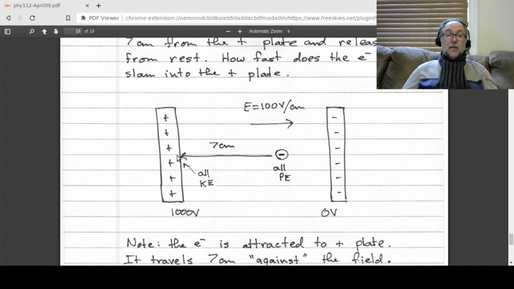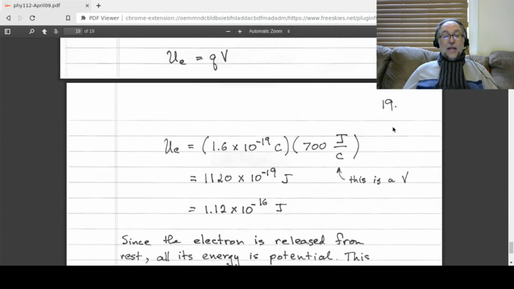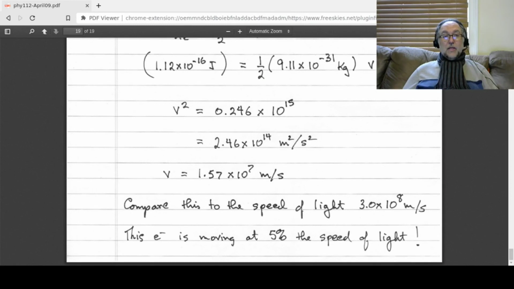And by the time they're slamming into that positive plate, even though they've only traveled 7 centimeters, because electrons are that light, they will have acquired a speed of 5% of the speed of light. So yeah, that is pretty fast. It is doable in the lab. In fact, not only was this doable in the lab, this was done every day in common households when we used to have the old CRT, the cathode ray tube televisions. These were the big